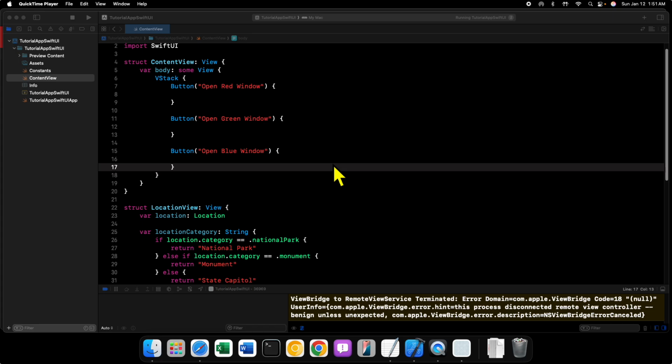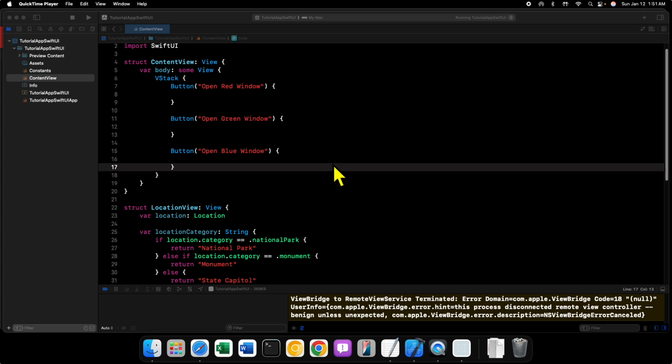Now, to start with, we have an application with 3 buttons. These buttons will each open a window with a different view inside of it. Of course, each view is going to be a color view whose edges ignore the safe area and all that stuff. Pretty simple stuff, but it gets the point across about how you can open multiple windows